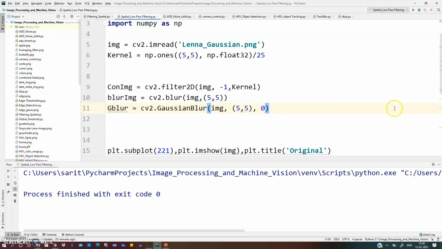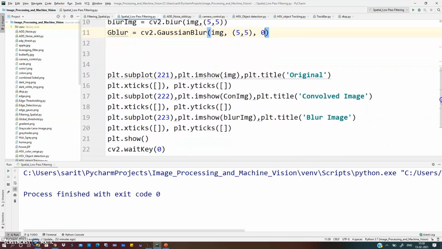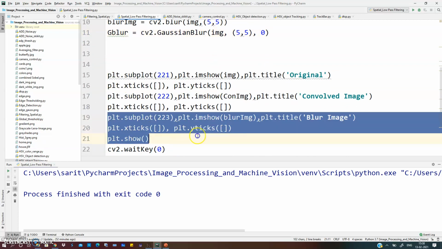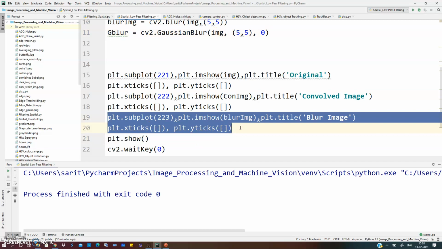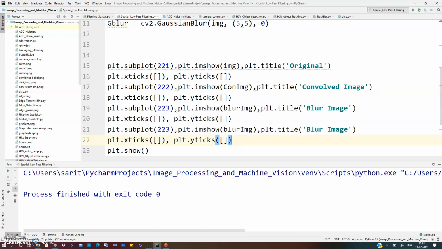Let's run this code. First we'll plot the image, the Gaussian blur image. We'll take this subplot, one more setup of these commands.